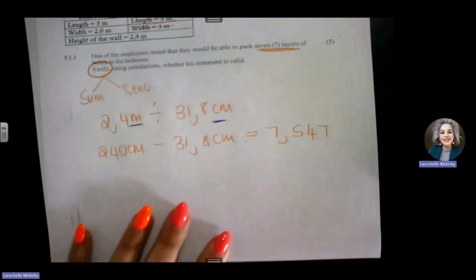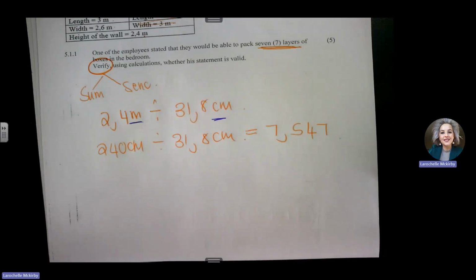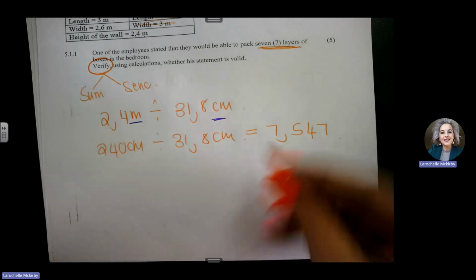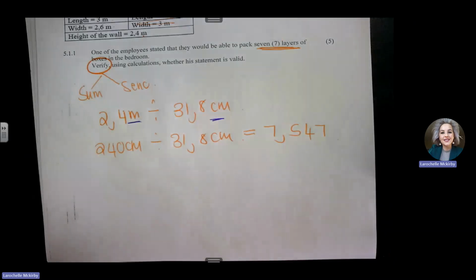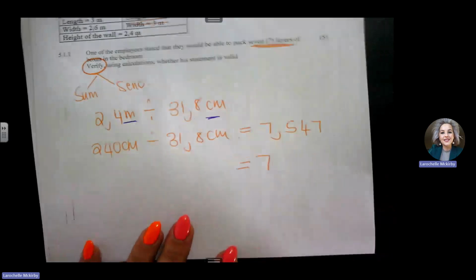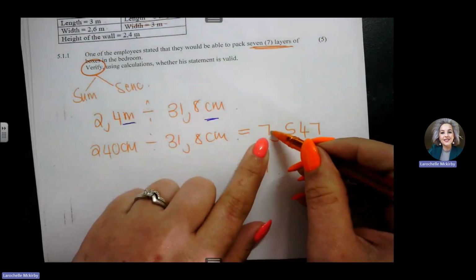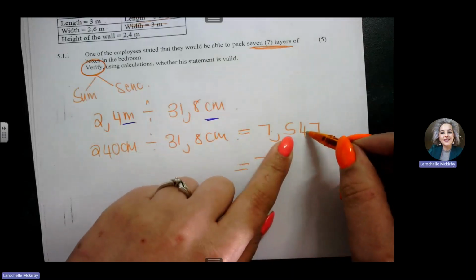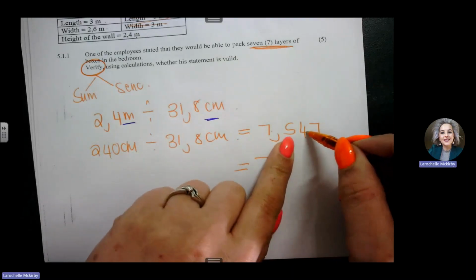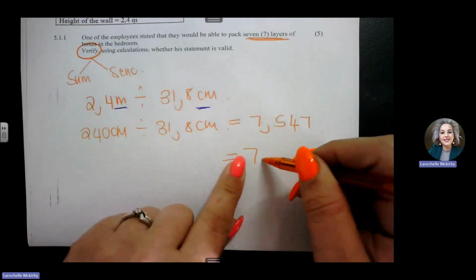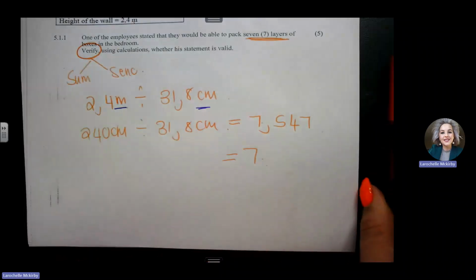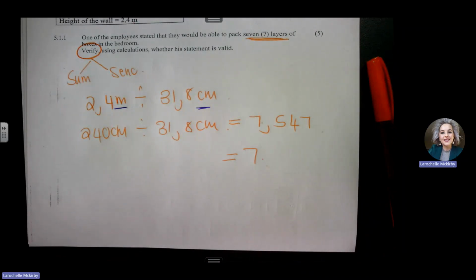If I divide these two, I get 7,547. And now we need to know the rules of rounding when it comes to packaging. What amount will I choose? Will I choose 7 boxes or will I choose 8 boxes? The number of boxes I'm choosing will be 7, because this means 7 boxes will fit, and then there will be space for about half a box, but you can't make the box fit there. So you will say there will be 7 boxes. So we need to remember when it comes to packaging, we need to round down. Okay.